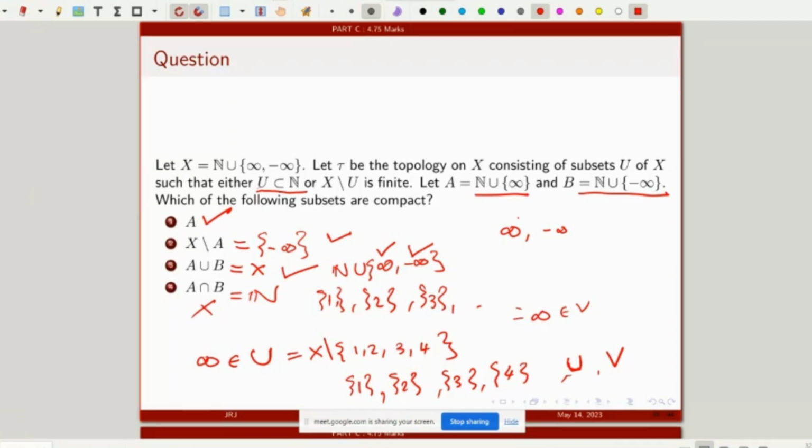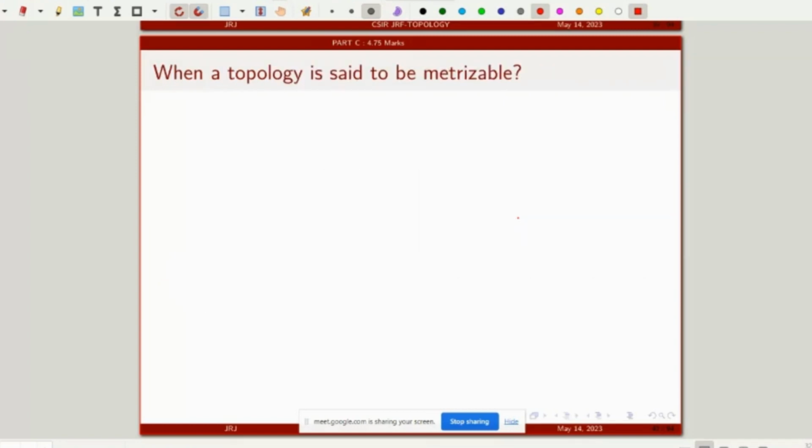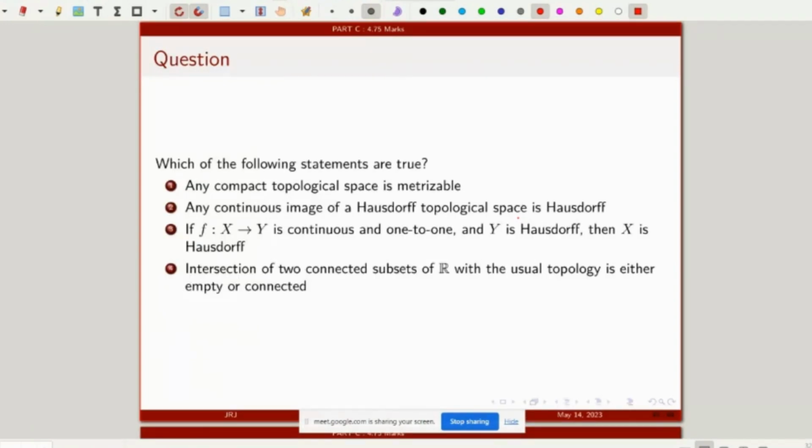Thank you. Okay. Now, next question is, any compact topological space is metrizable. When we say that a topology is metrizable, the open sets are generated by a metric, right? So ultimately, if a topological space is metrizable, then it will be a metric space. So now the question is, any compact topological space is metrizable. Is it true? No, because